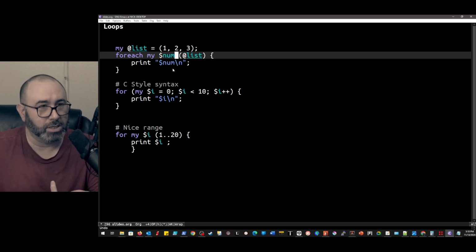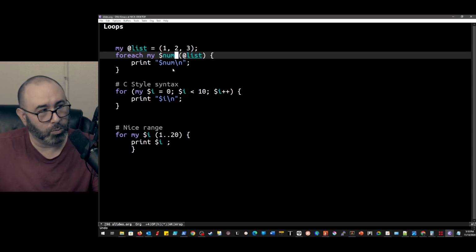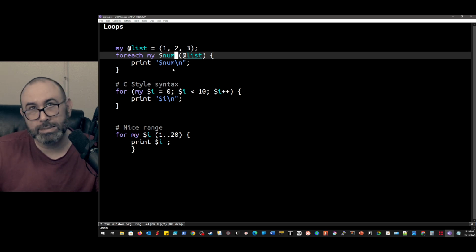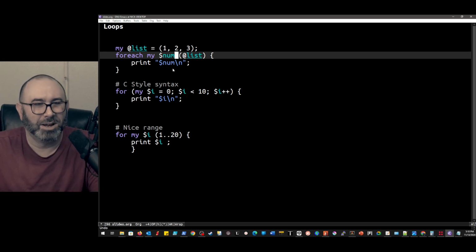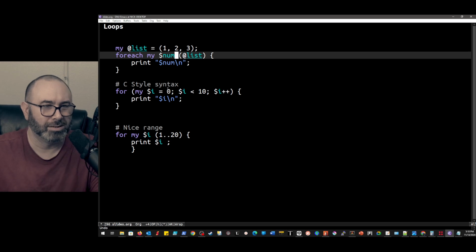So if you're working with other people, this is probably going to be more readable than using $_. Personally, I prefer $_. That's because I've been doing Perl since 1990-ish, right? I don't remember exactly what year, probably the later 90s, but yeah, we can do a standard C-style loop.